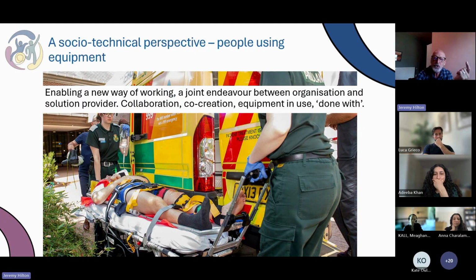And then here you've probably got a new way of working. It's collaboration, sort of co-creation, equipment in use or processes developed with the people who are using them. There's an interaction, there's a feedback, and you're going to get improvement. And certainly the transitions within Sprocket were very much looking at this co-creation, collaboration. So it's going to be very much working with and in fact guided by primarily the children, people and parents and caregivers, but also in coordination and in collaboration with the other service providers, whether they're health services or education or social services, local authorities and so on.